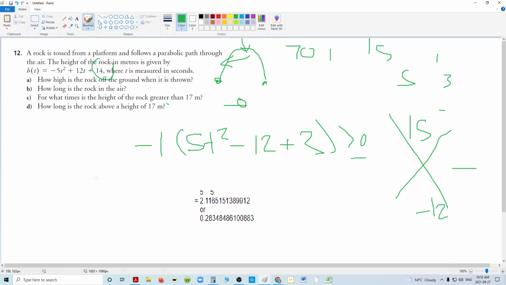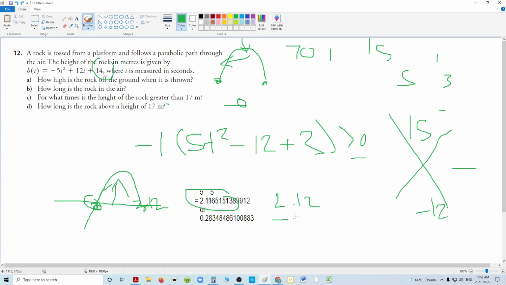On the way up, at 0.28 seconds, it's above 17, and on the way down at 2.11 seconds, or 2.12, it's... so all during that time range, it's above 17. How long is the rock above a height of 17? It's the subtraction of these two. Because at 0.28 it started entering the zone, and at 2.12 it left the zone, so 2.12 minus 0.28,